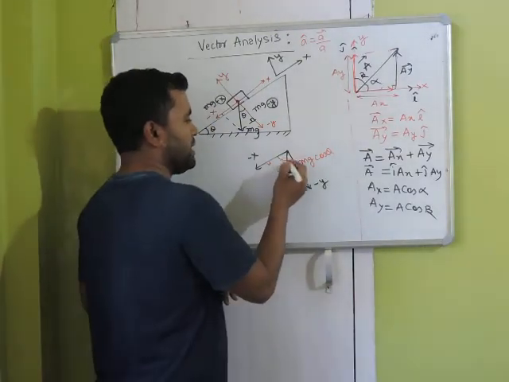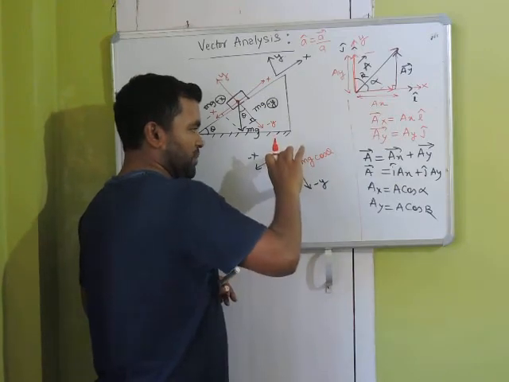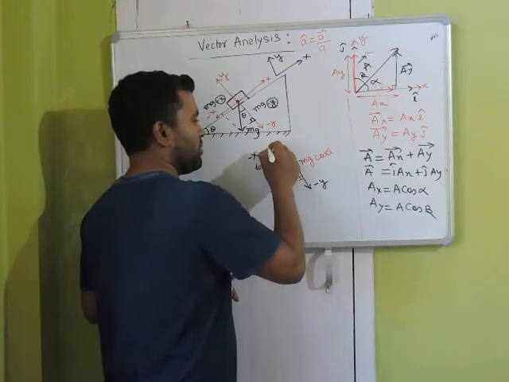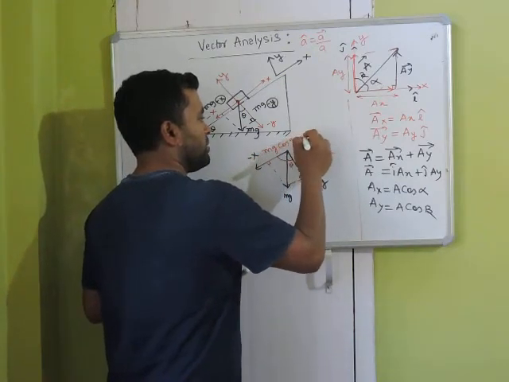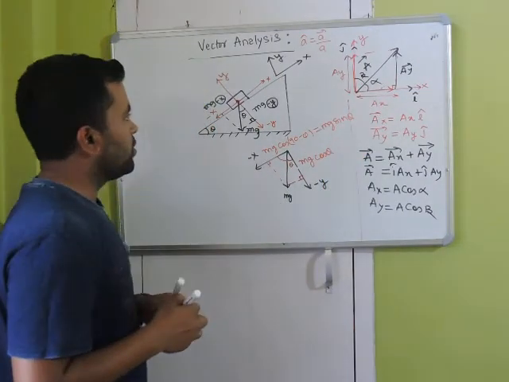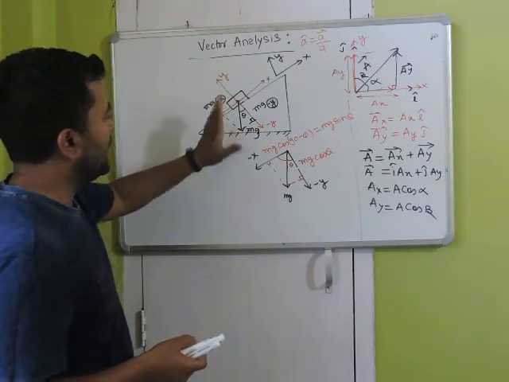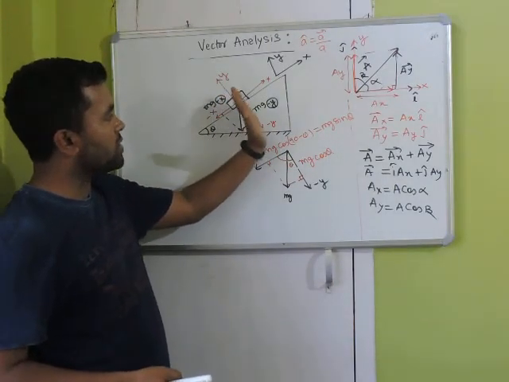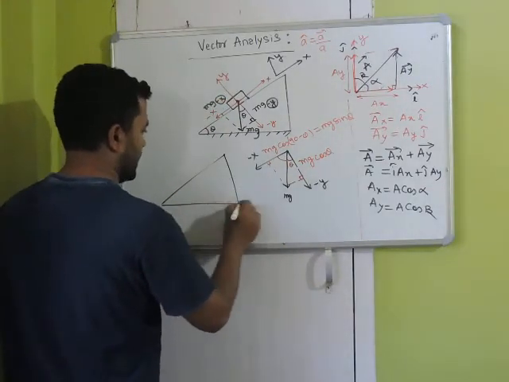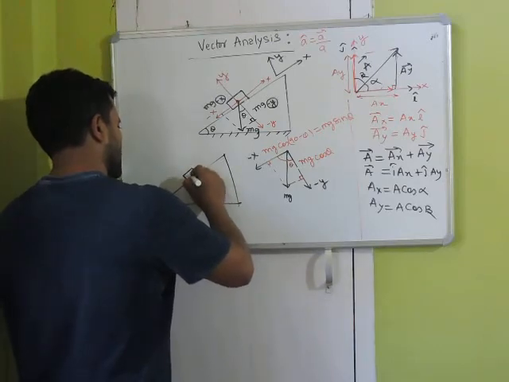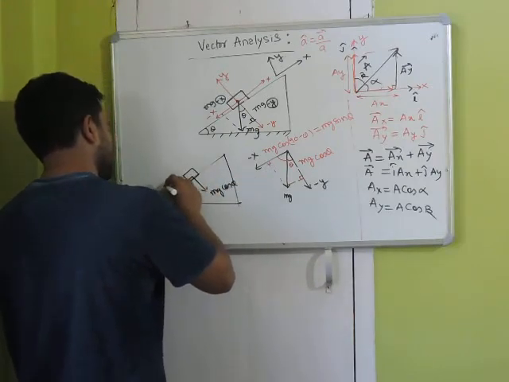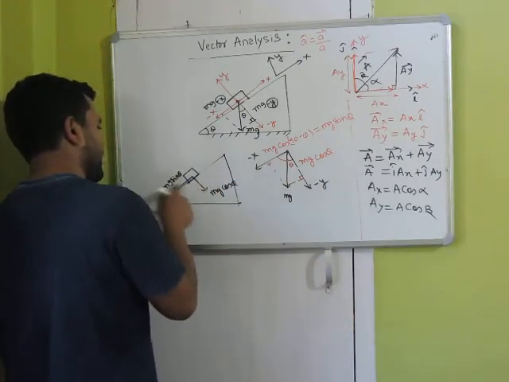And what is this angle? 90 minus theta, right? So again mg, vector, times the cos of the angle which it makes with the axis, this is 90 minus theta, so this will be mg cos 90 minus theta, and this will be mg sin theta. So it turns out that weight acting like this can be resolved into two components, one is cos and one is sin. So the same diagram, I can draw it like this: this side mg cos theta is acting, and this side mg sin theta is acting. So weight has two components.